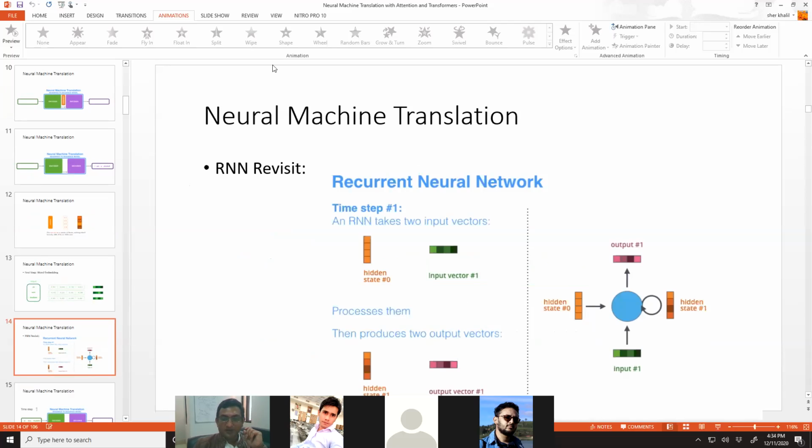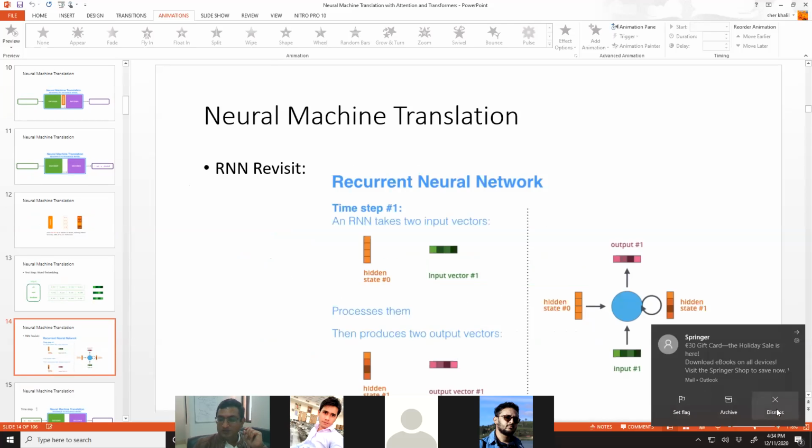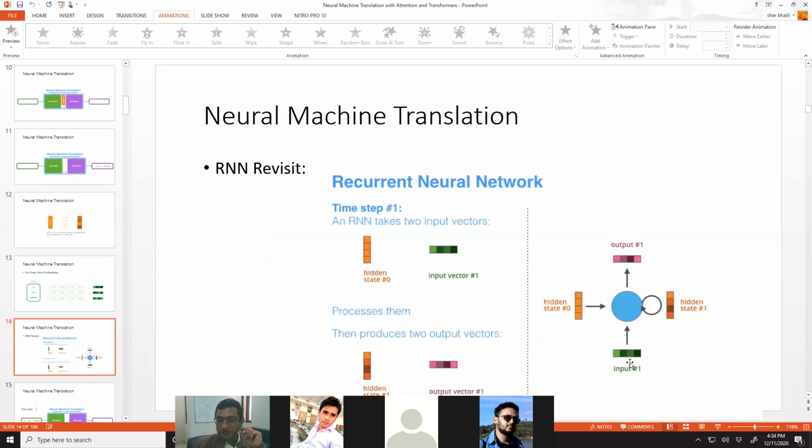If you remember, in RNN, we say that we will be giving the current input as well as the hidden state, right? That hidden state is actually the previous output. This way, RNN considers not only the current input, but also the previous state, and the previous state has seen the previous input. That is the reason why RNN was considered very good at capturing the context, right?